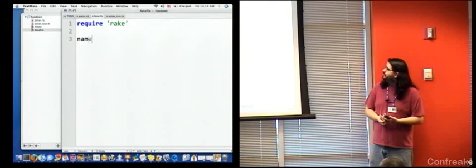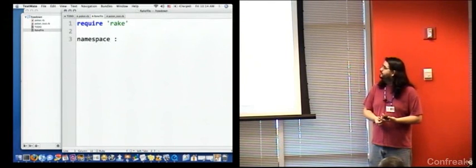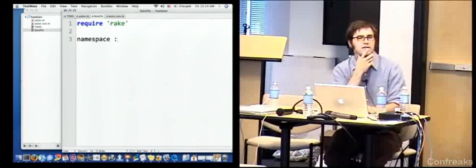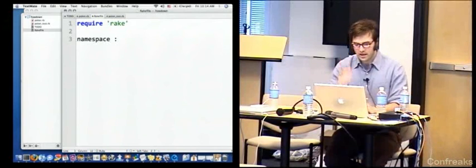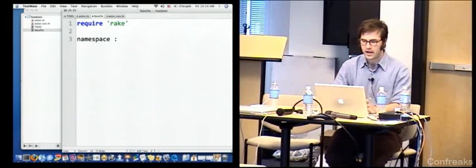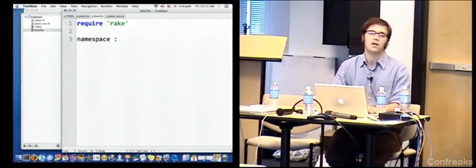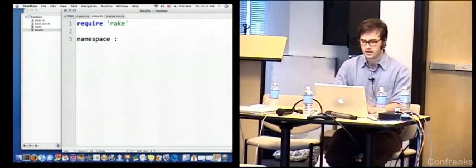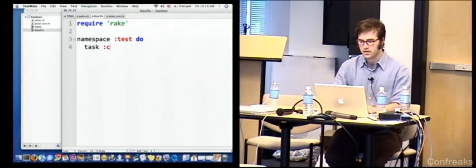You're making a Rake file. I'm just going to do this really quickly. Okay. I'm creating a Rake file. I assume that a lot of you know what Rake is, but in case you don't, it's basically a Ruby version of Make that allows you to, in pure Ruby, specify all kinds of automation tasks. So I'm creating a test namespace, and I'm going to create a task called coverage. And what this task does is it